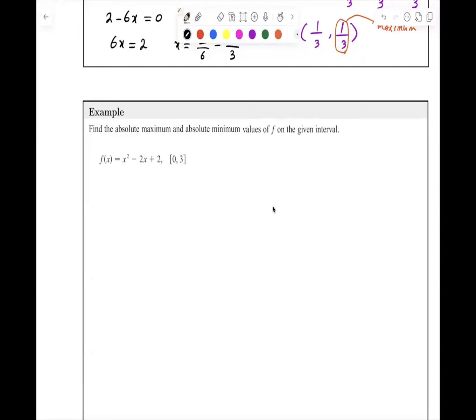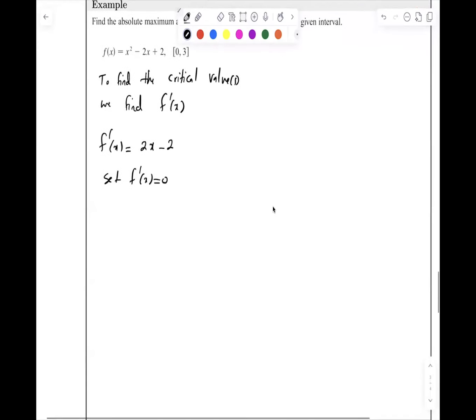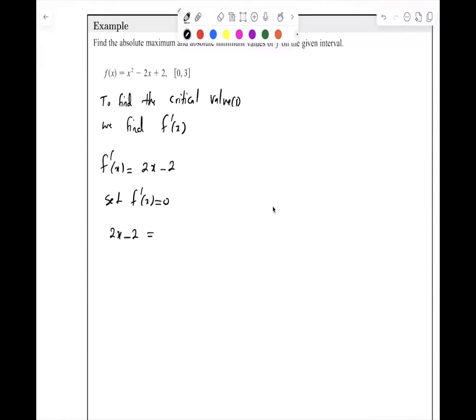So to find the critical values, you find the derivative of the function. So f prime of x is equal to 2x minus 2. Set f prime of x equal to 0 and solve for x. 2x minus 2 is equal to 0. 2x is equal to 2. Well, x becomes 2 over 2 or 1. So at x equals 1, we have a minimum,